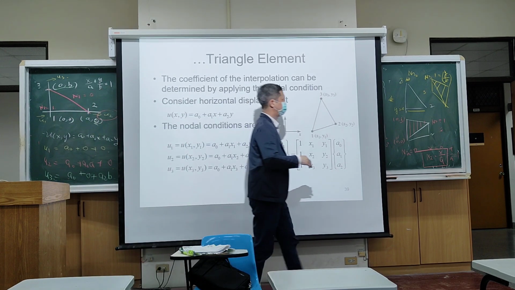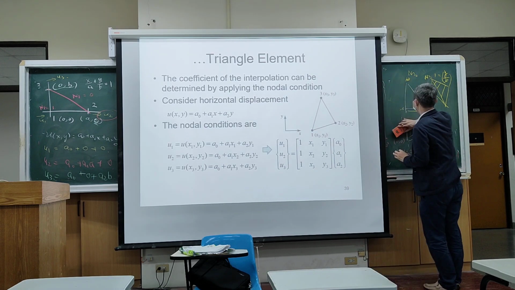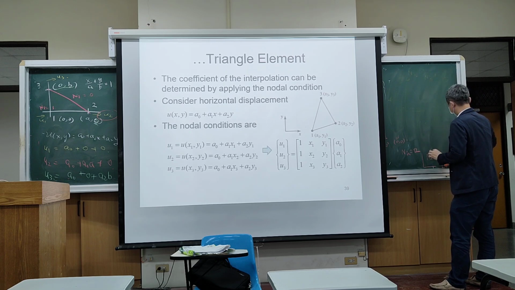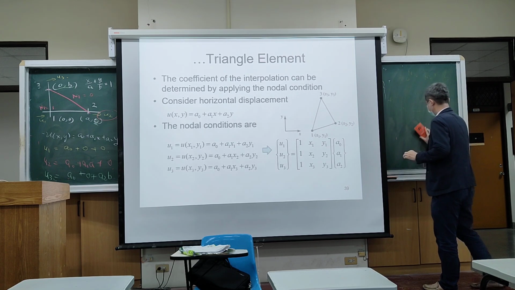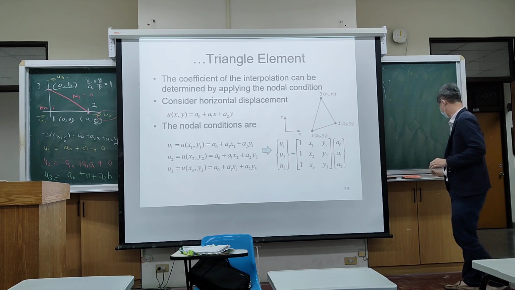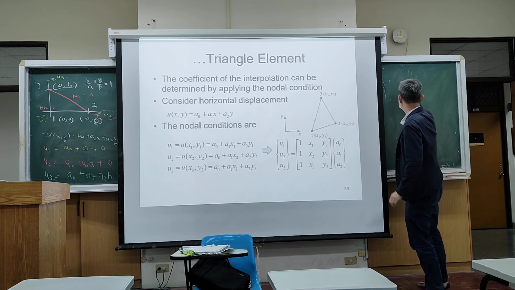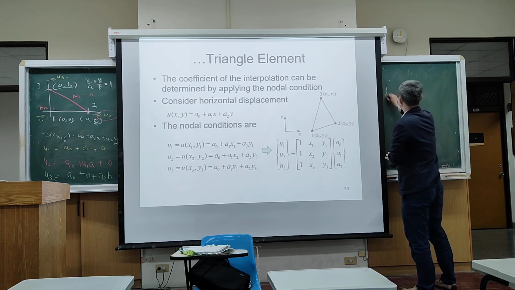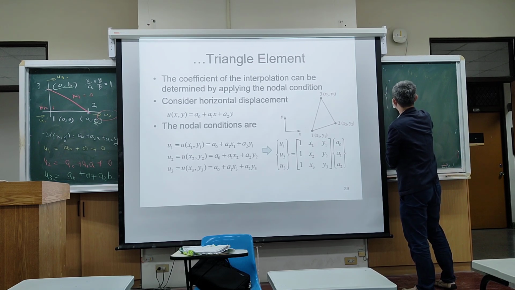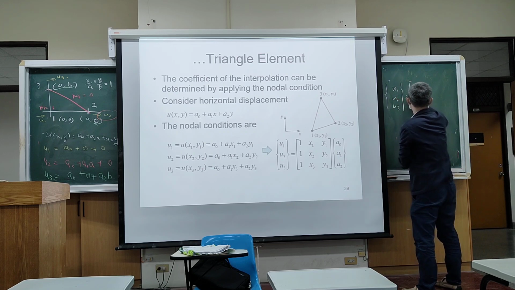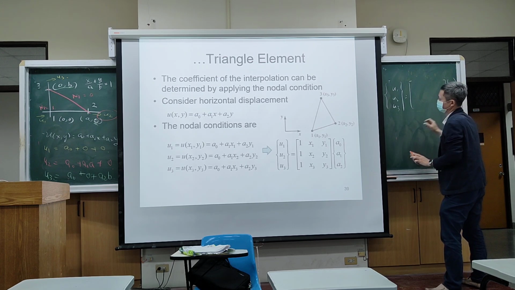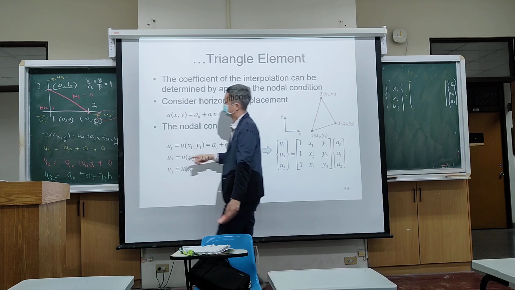We want to solve for the variable A1, A0, and A2. How to do the solving? So in this case, I have my U1, U2, U3 expressed as A0, A1, A2 times what? Times this